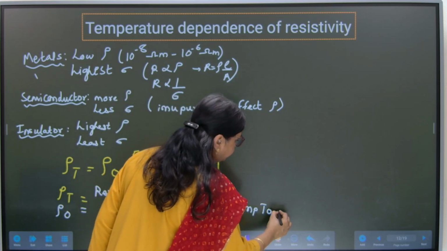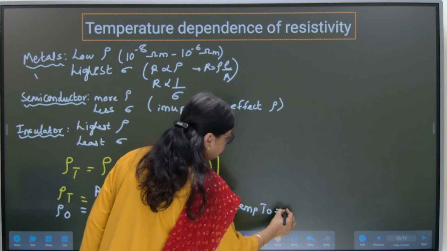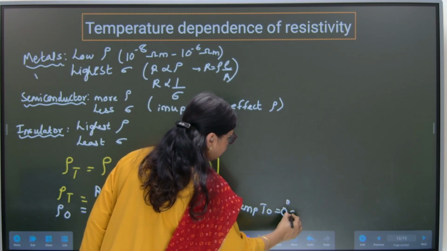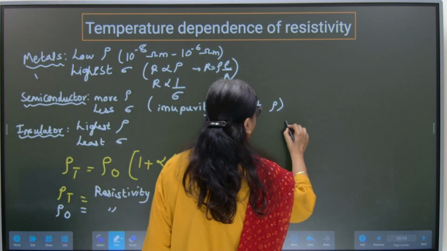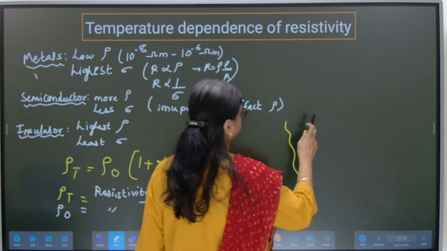Most probably for metals, reference temperature T naught is 0 degrees Celsius, and